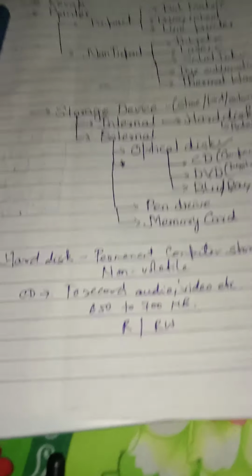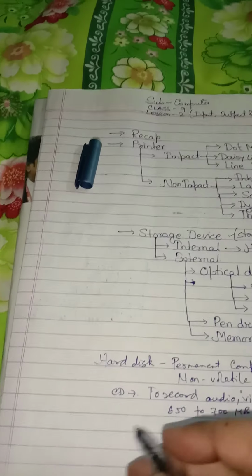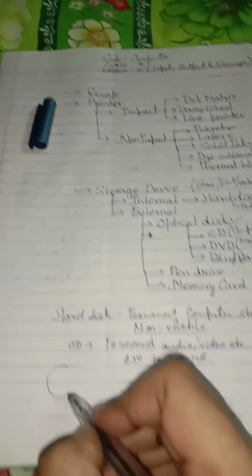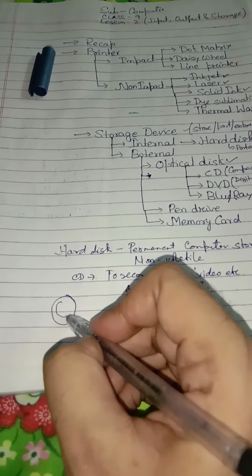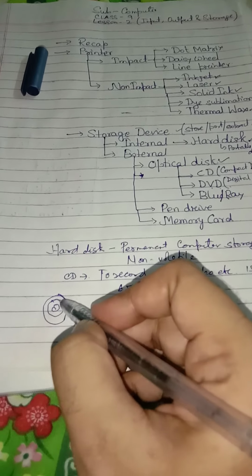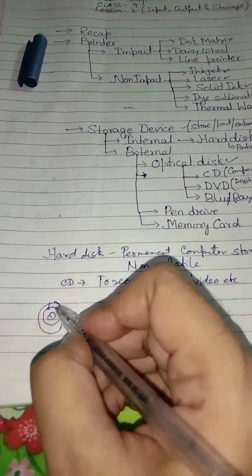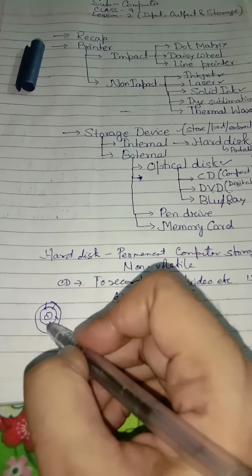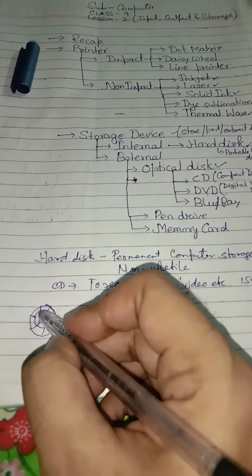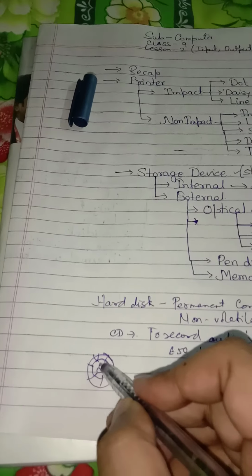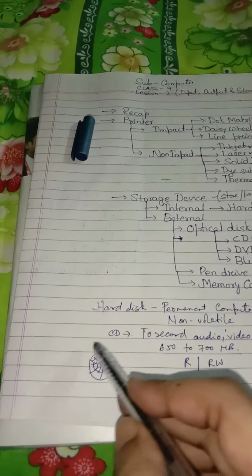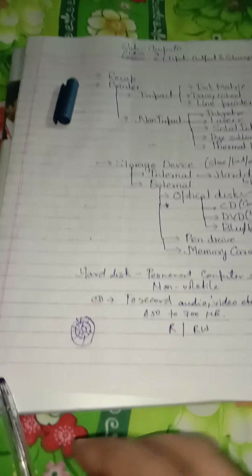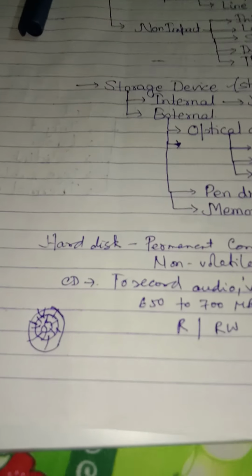Burn the CD means the CD generally consists of magnetic tapes. On burning, these types of track and sectors are created in the magnetic tape of CD. These track and sectors are created for storing the data. So this is known as burning. For burning we have different softwares like Nero and so on.